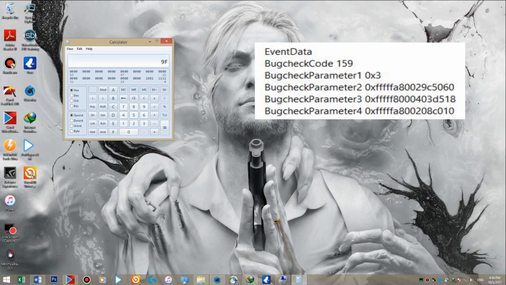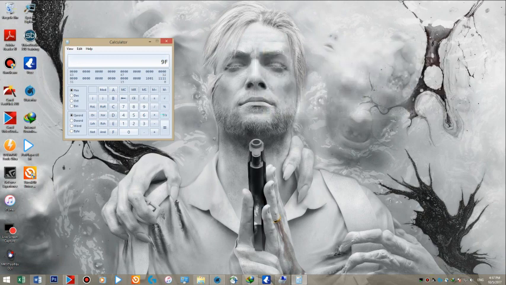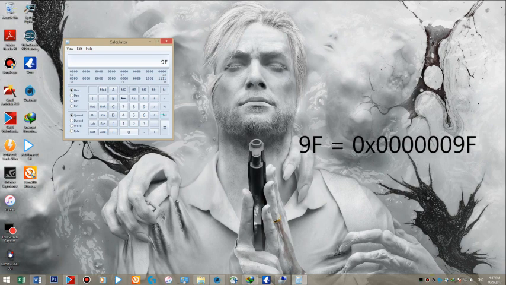In hexadecimal format, numbers should have 8 digits, so this 9F translates to this. Of course, this was an example, as there are so many other values that can translate to this. For example, 4B is going to translate to